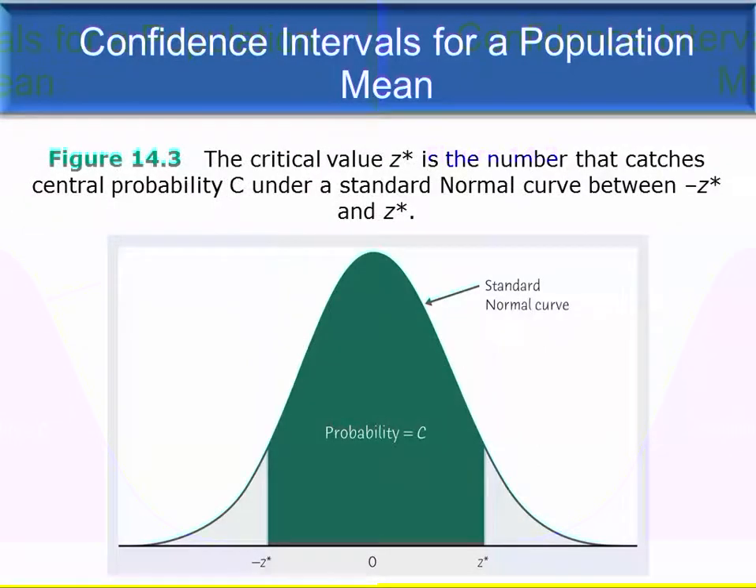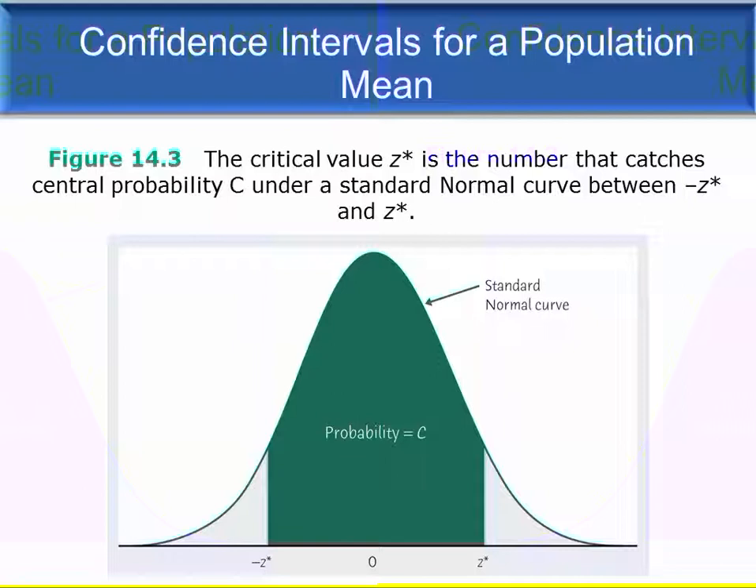Well, first let's remember what exactly we're doing here. What we're trying to do is find some number, and we're calling it here a standardized value, z star, some number that, between the same number of standard deviations above and below the mean, is going to achieve some confidence level or probability